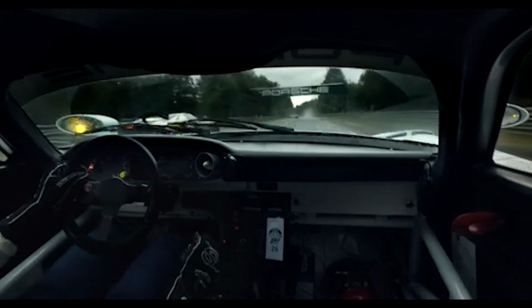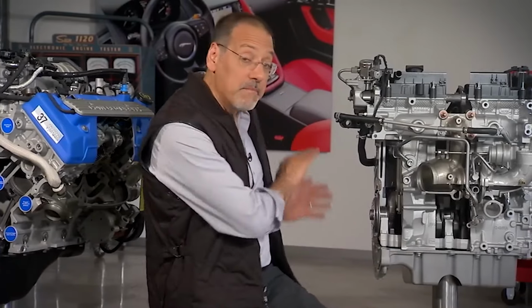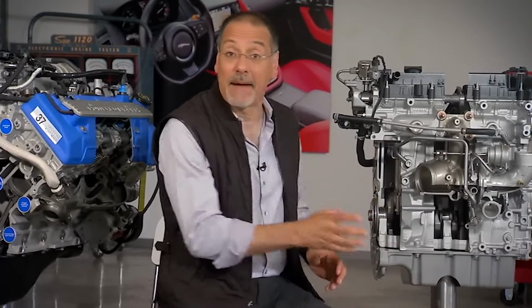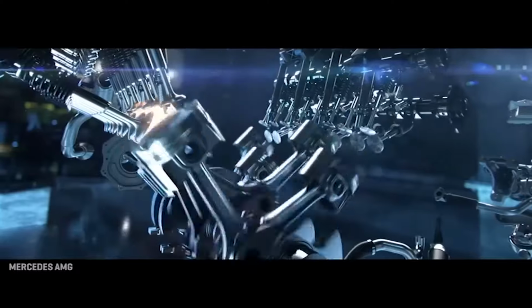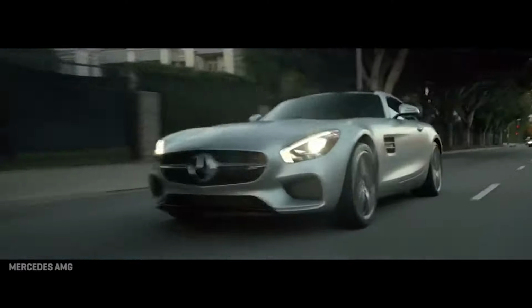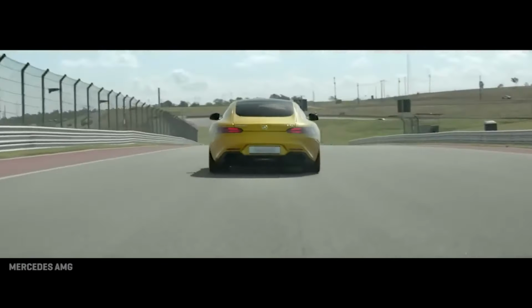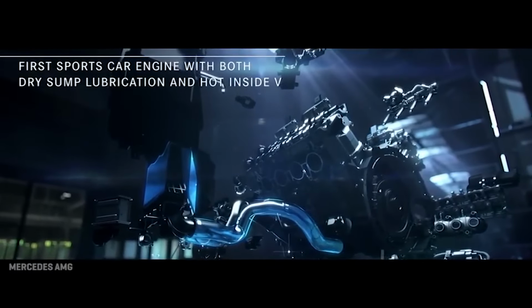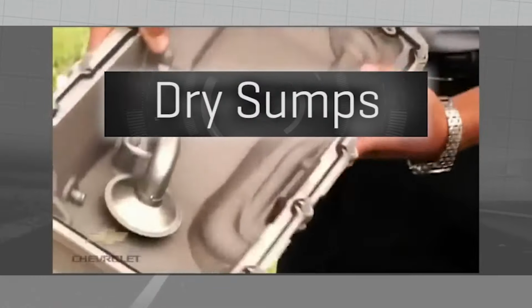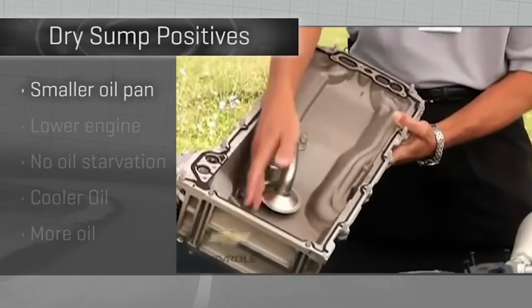And that's where dry sump systems come in. So let me explain. You see, dry sump systems take what's perfectly acceptable in the world of normal cars, oil sitting in an oil pan, and turn it into something resembling a carefully orchestrated symphony of pumps and reservoirs. In a dry sump setup, the oil doesn't sit there passively waiting for the car to seize and embarrass itself. Oh no, instead the oil is constantly being drawn out of the engine by a series of pumps. This tank, dear viewer, is the reservoir of oil where the liquid gold waits patiently, ready to be fed back